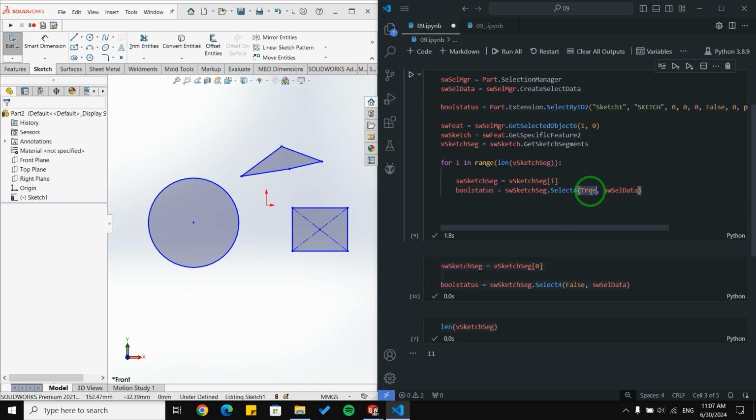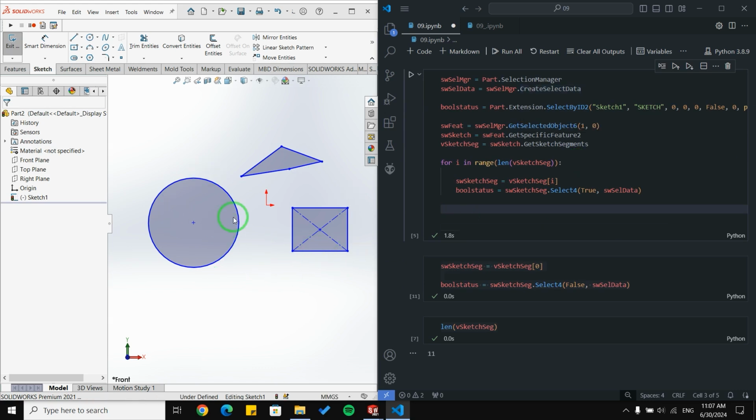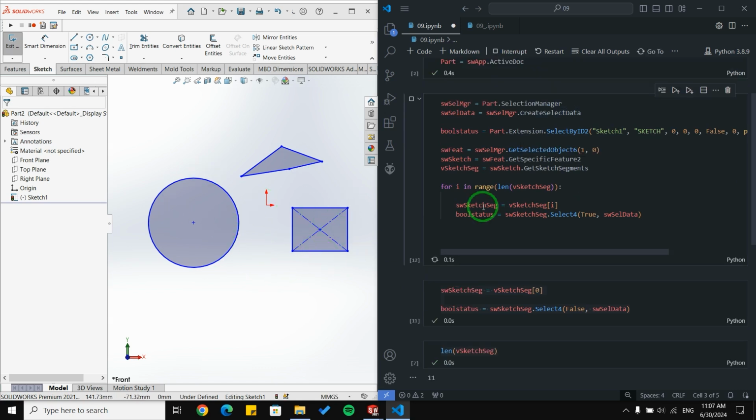And I passed true because I want to append the selection to the previous one. So we expect that by running this code, all of these segments should be selected, not just one of them. Let's run it. Okay, after around 3 or 4 seconds, you can see all of our segments are selected now.